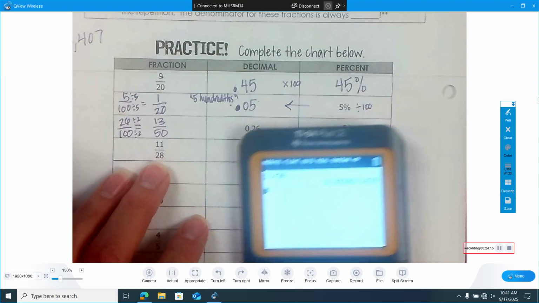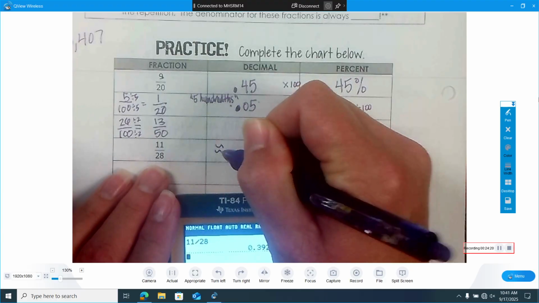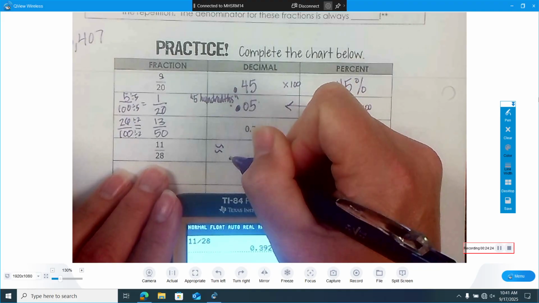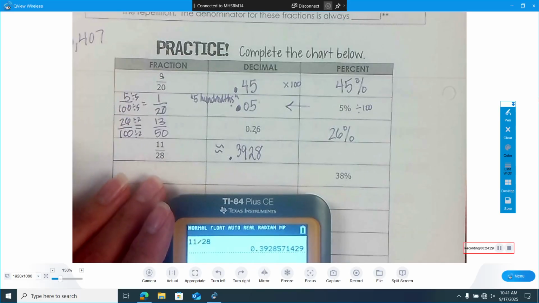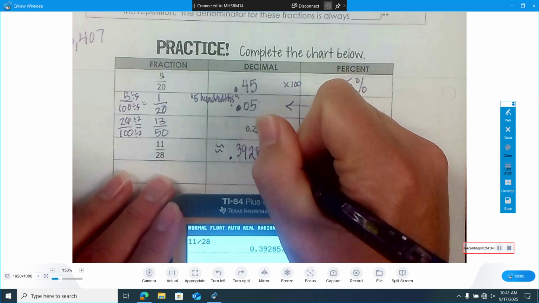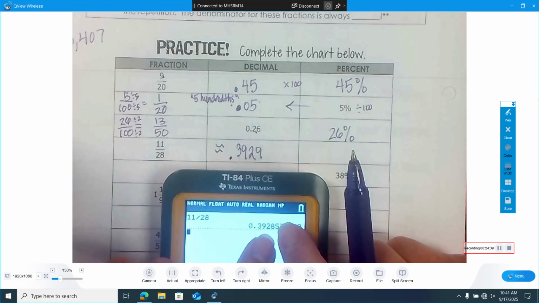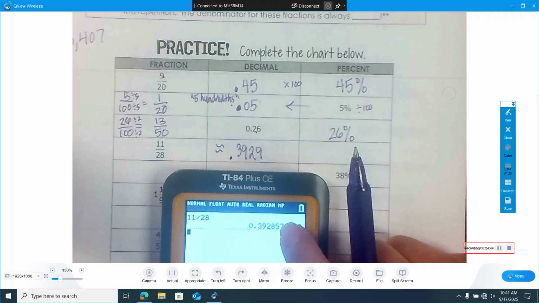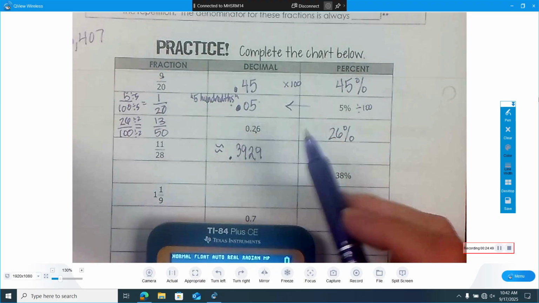So I think we're going to approximate this decimal, and it's an approximation, so I'm going to use a little approximation symbol here. This is not exact, but 0.3928 is probably, oh, should I do 8? Let me see. I'm going to do 2. Why am I changing the 8 to a 9? Yeah, well, yeah, but I'm looking at the 8, and then the neighbor to the right is a 5. That 5, I'm going to round up. All right, so I'm going to do that. Let's see. Now,